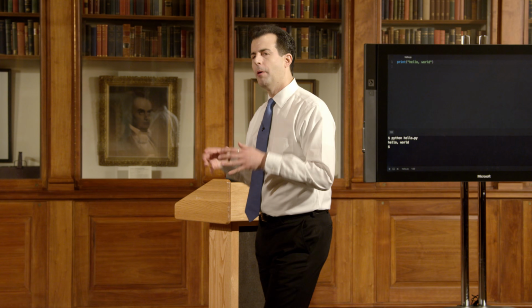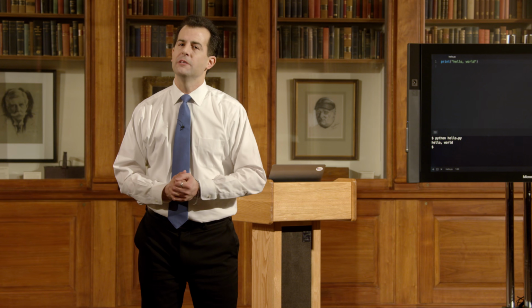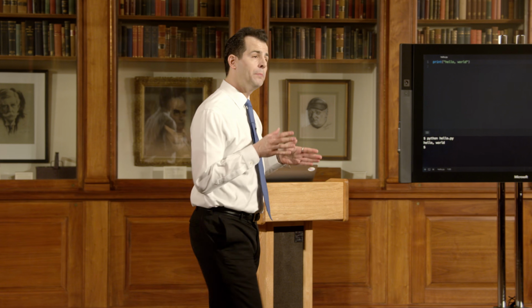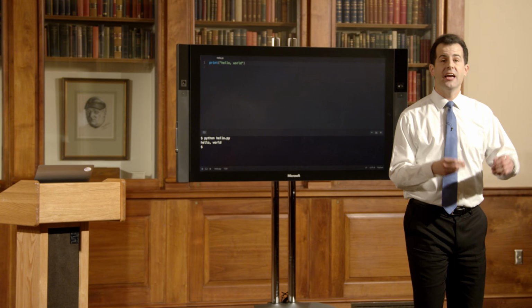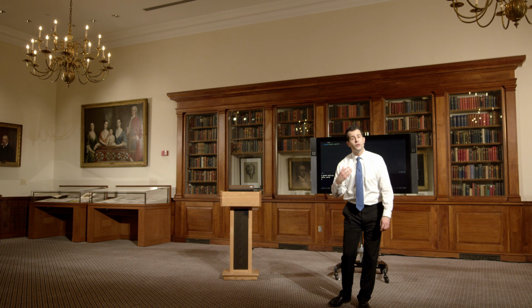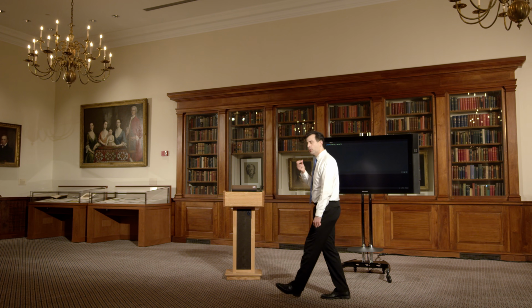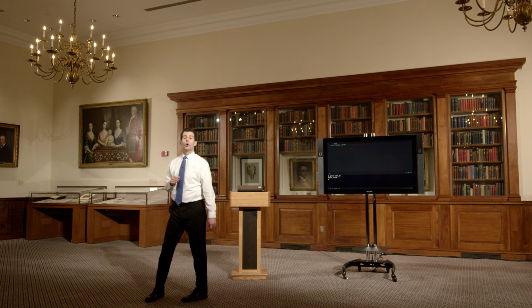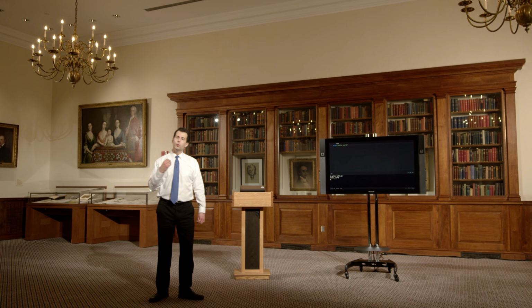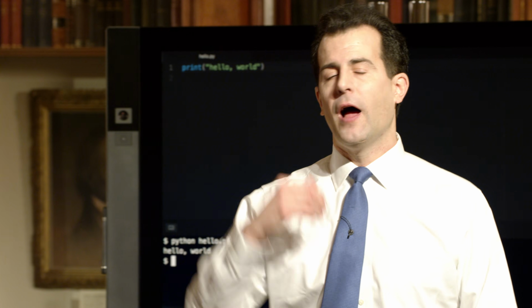No longer do I have to remember and take the time to compile my code, but surely there must be some price. And indeed, one of the implications of saving that step, no longer having to compile your code, but instead just jumping right to its execution or interpretation, is that you pay potentially a performance penalty. You certainly can't quite see it in a program as short as hello world, but if you were to write a program with hundreds or thousands or millions of lines, the overhead required to read that file top to bottom,